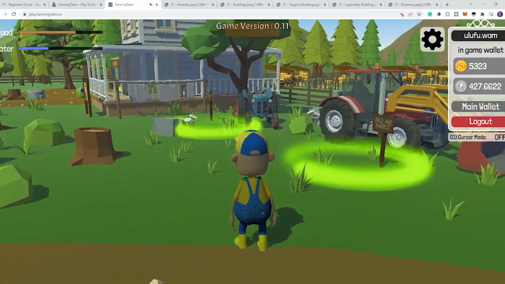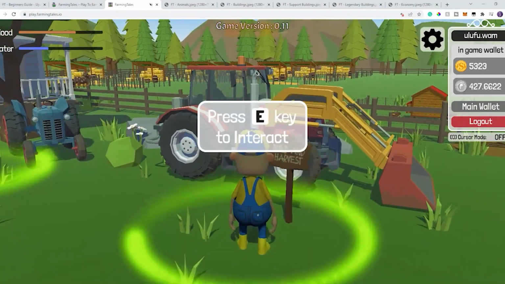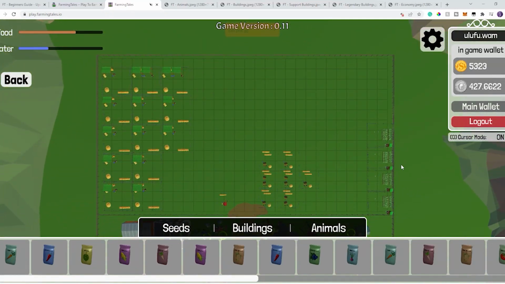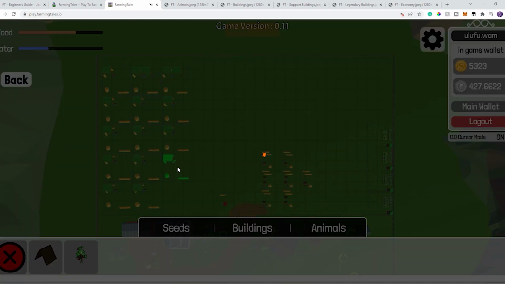If you want to stake and unstake buildings, you come to this little circle here, go into it, and press E. It pops up here and shows you the full area where you can do that. A lot of these I have staked, and I'm going to actually show you me staking a building here. You go over to buildings. I'm going to stake a stable. You put it in an area where it's green. See, I can't place it here because it's red. So you put it in an area where it's green. It's going to ask you to approve,